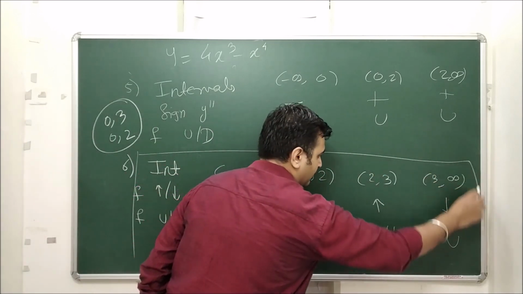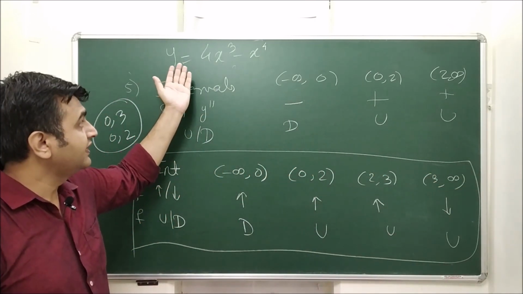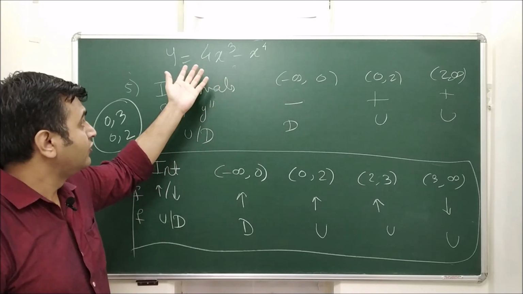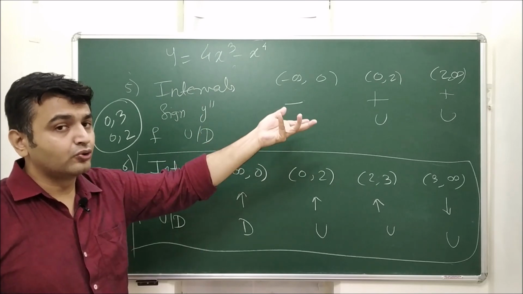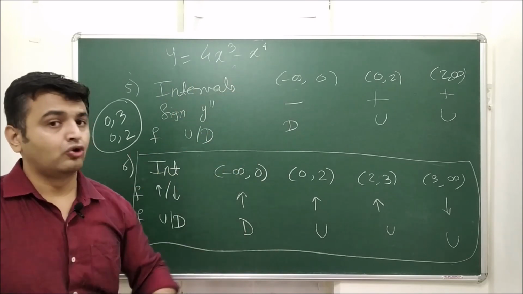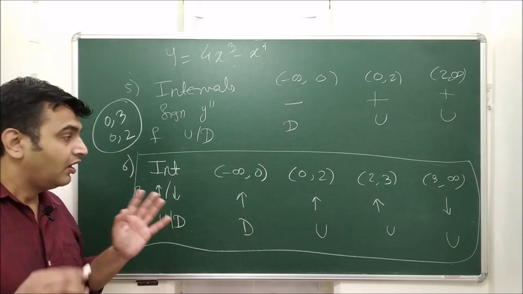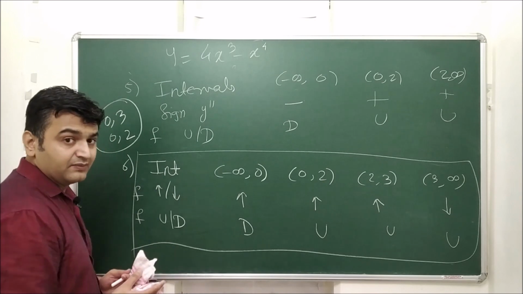Good. Do we have asymptotes? No. As x goes to infinity, your function goes to infinity. As x approaches a number, your function will never go to infinity. So no horizontal, no vertical. It's not a rational function, so no oblique asymptote. So no asymptotes. As I said earlier, whenever you have polynomials, you won't get asymptotes.